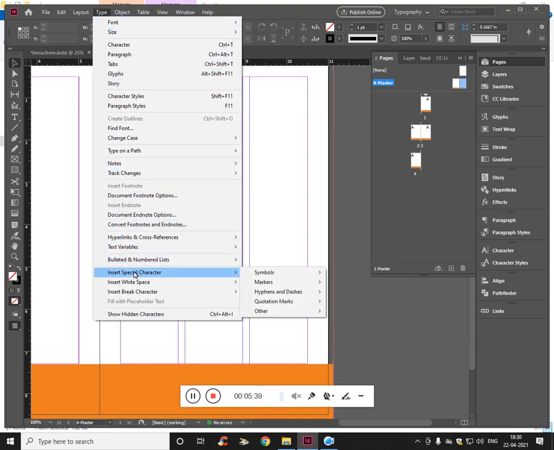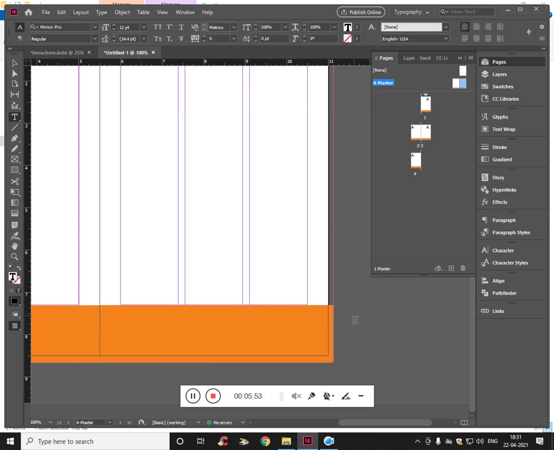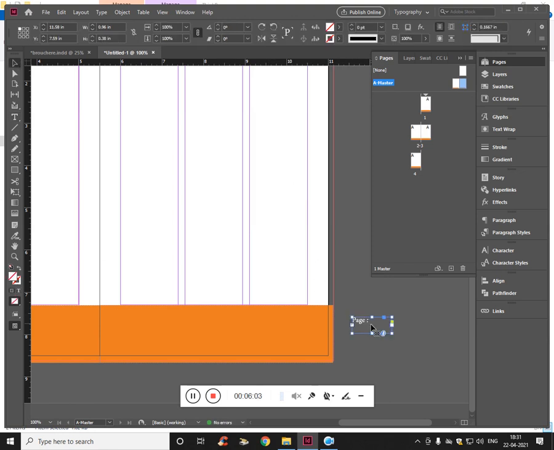Make sure you are in the master. Type T, drag a bit and call it Page. Select all and make the color white. Move it to the proper place, and let me align it to the right side.